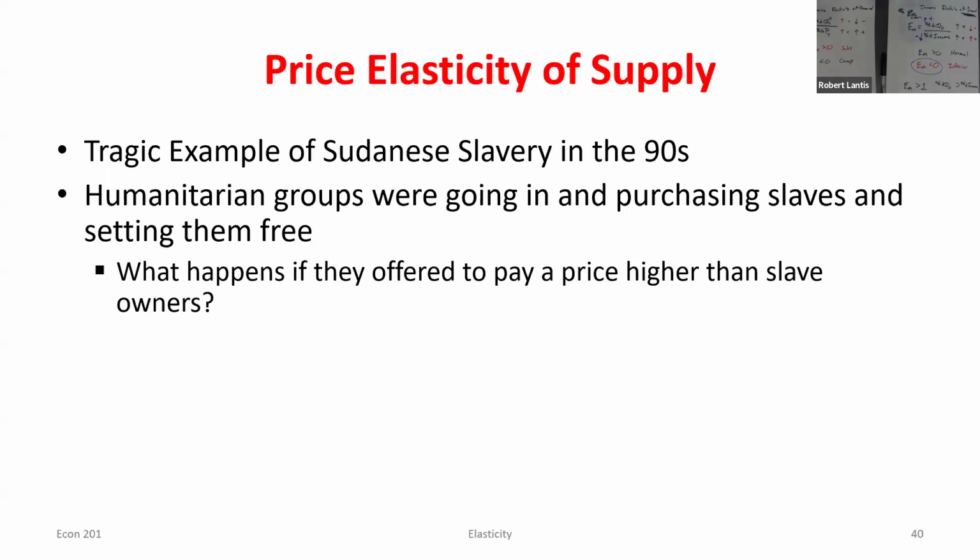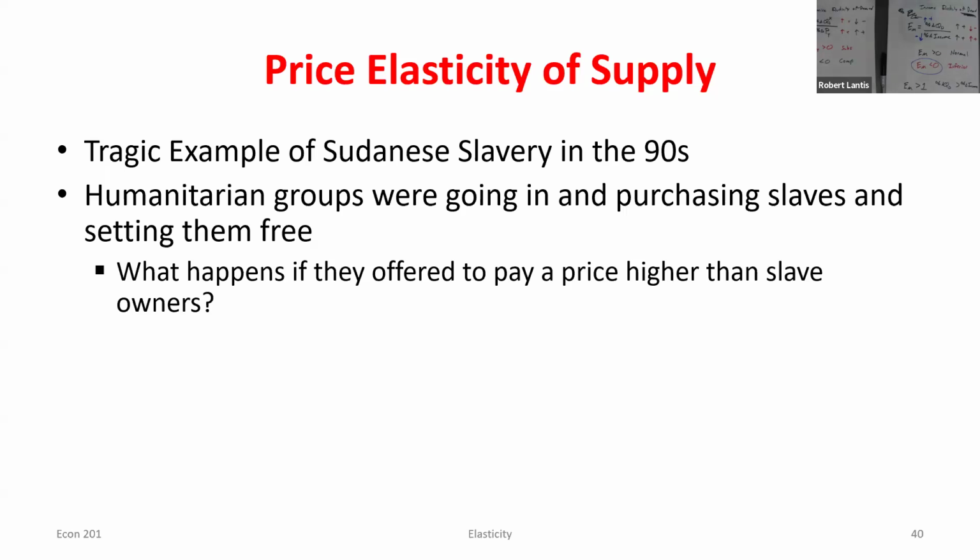So if I'm this humanitarian group, and I'm coming in and offering higher prices than what people were currently paying to enslave those people, what happens to the supply of slaves? It increases. So when you have these humanitarian groups coming in trying to pay and free the slaves, what happens